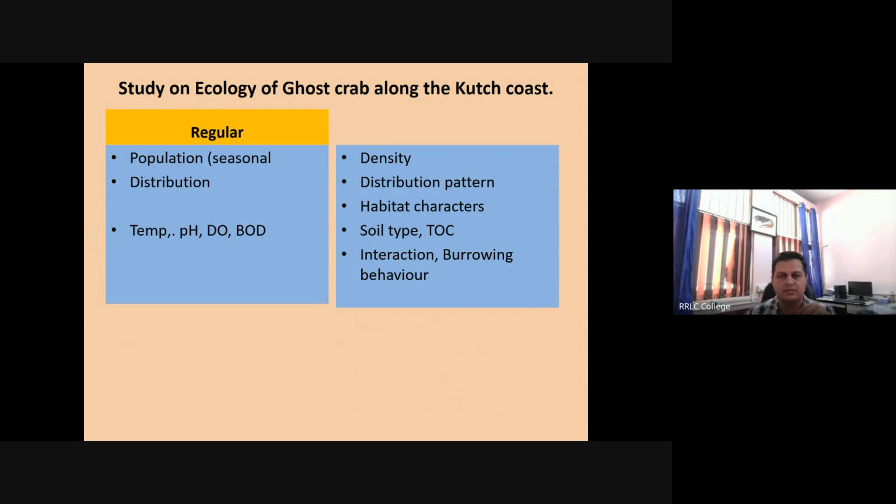The person who wants to make the thing differently, they may add different things like density, how the animal density changes with the area, how distribution pattern changes with the area, what are the habitat, why this crab is living in this area only, why not other place. ये question अगर आपके दिमाग में click हो गया, then you may add lot of things to your work. Soil type, right? What is the soil type the species is preferring, and why only that kind of soil they are preferring, why not other place, right? These all questions make you different than the other researchers. Total organic carbon,